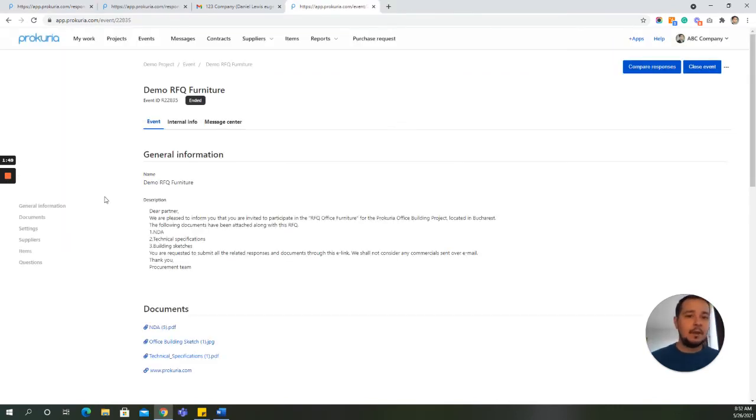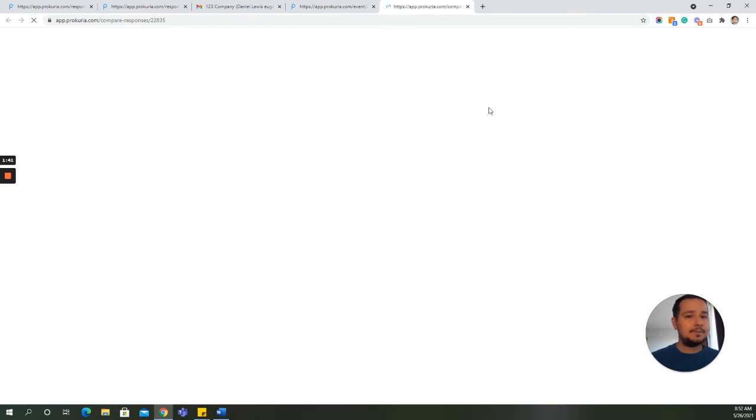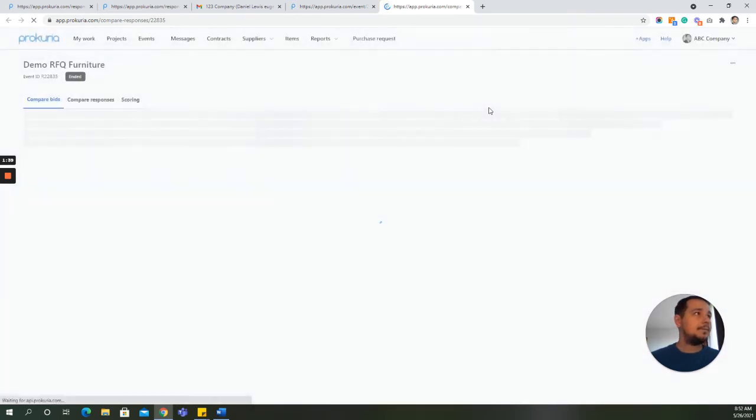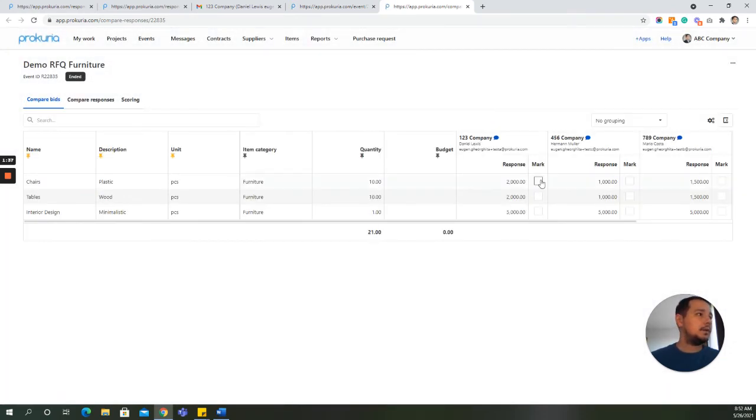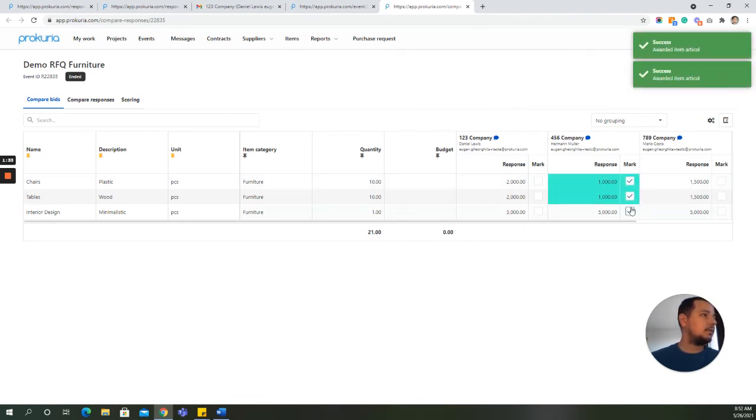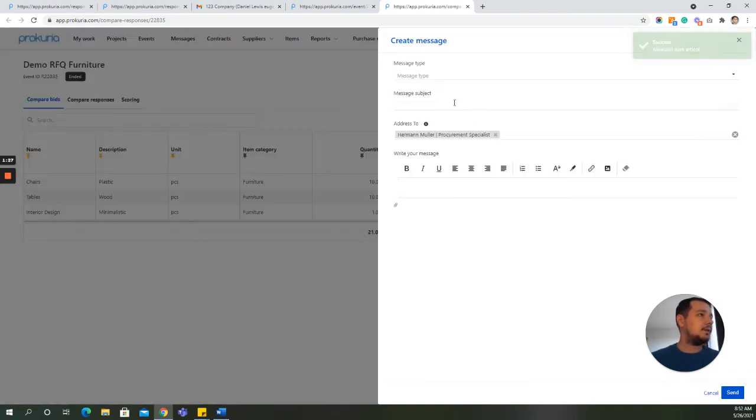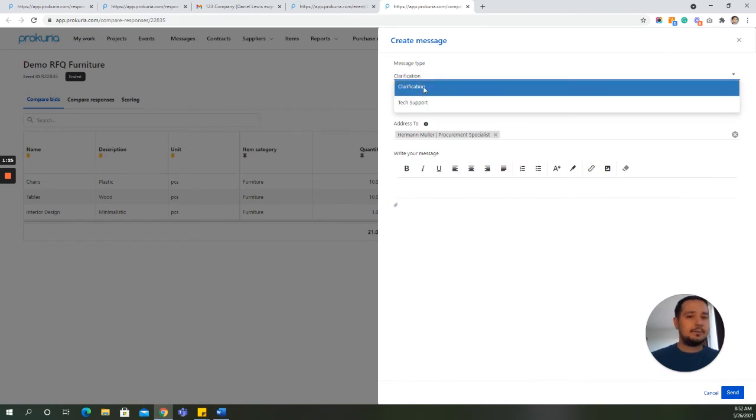Scenario number 3. After the event has ended, the buyer wants the supplier to confirm certain information regarding the bid. For this, the buyer will go to Compare Responses. Here he can award the supplier we want to work with, and after that, to send the message, the buyer will click on this small button, choose a message type,